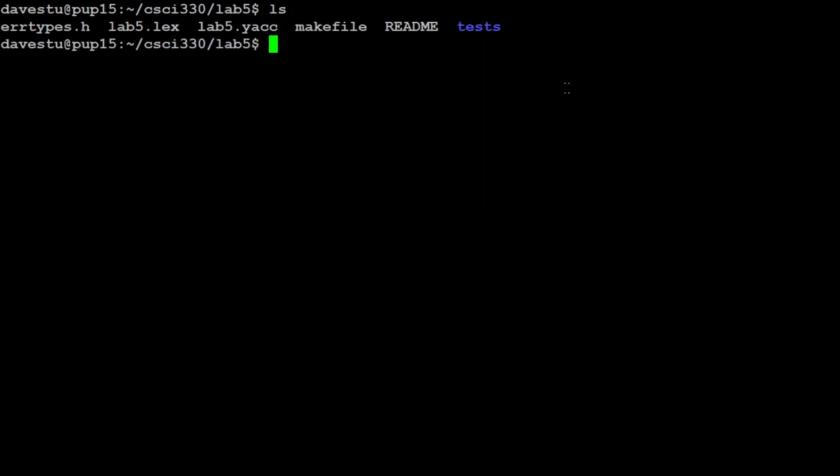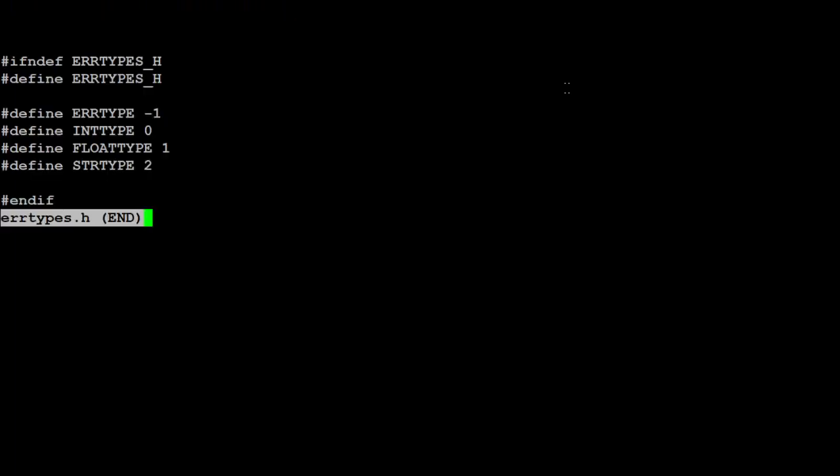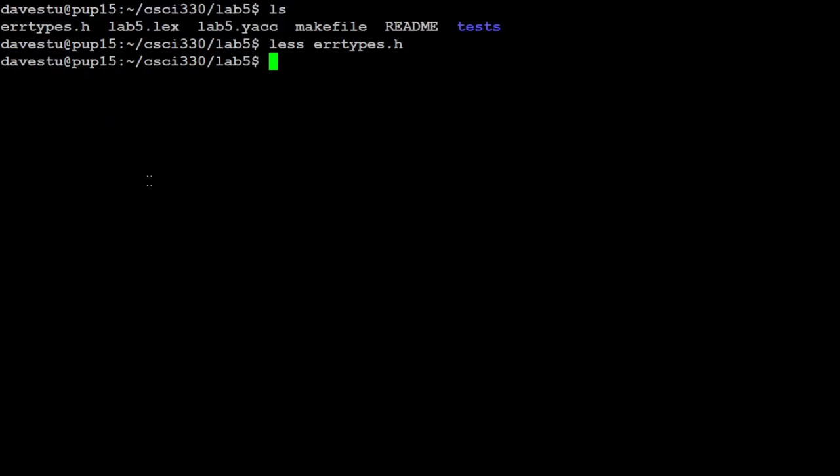So when you grab your lab 5 repo, you'll see there's an error types.h in there that is just hash defining values for the different data types. So int type is 0, float type is 1, that kind of thing. And that's getting included in our lex and yacc files. In that lex file,